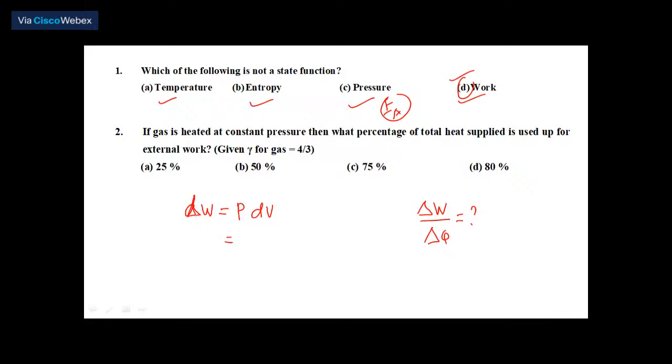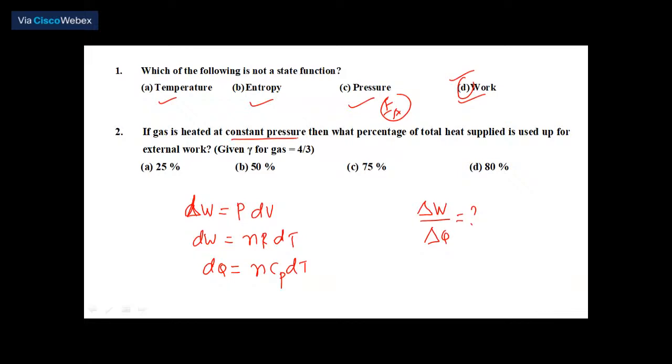That is equal to N into R into dT. So dW is equal to N into R into dT. This is from the ideal gas equation. And dQ or delta Q is equal to N into Cp into dT or delta T. This is the equation which connects the amount of heat and specific heat at constant pressure. Now in the problem it is given that pressure is kept constant, therefore dQ is equal to N into